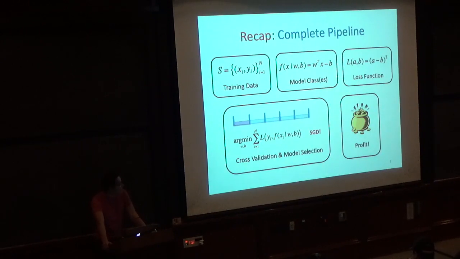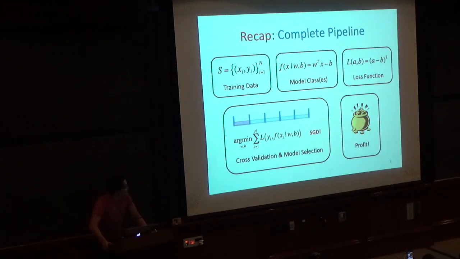We choose a model class or a collection of model classes, which will be the thing we'll be focusing on in this lecture. What does that mean, a collection of model classes? We choose a loss function. We do some sort of model selection, perhaps by using a validation set. In this example, we're doing cross-validation, where we're permuting what is the validation set around different splits.